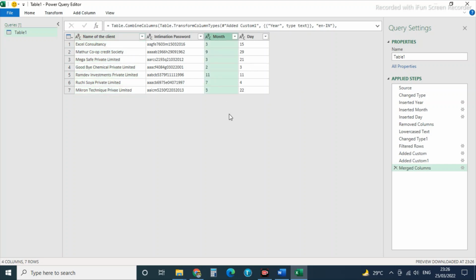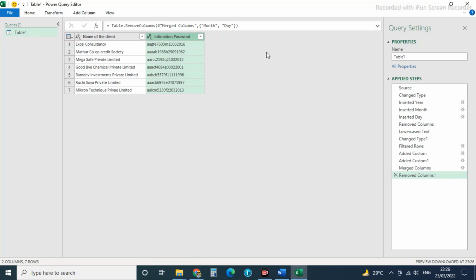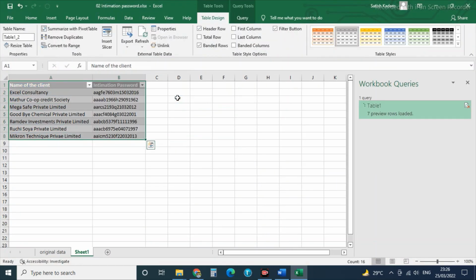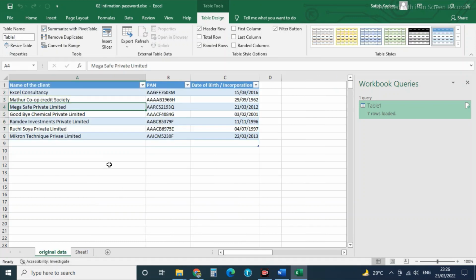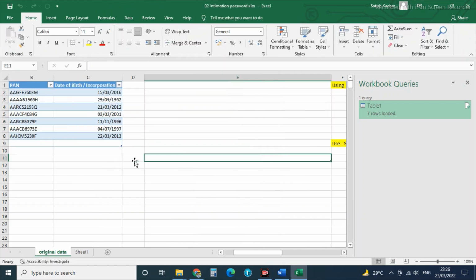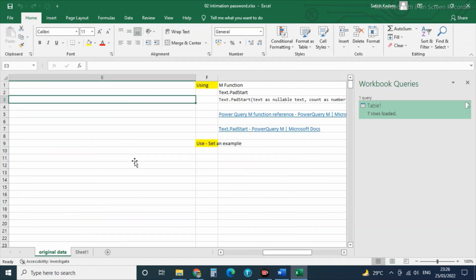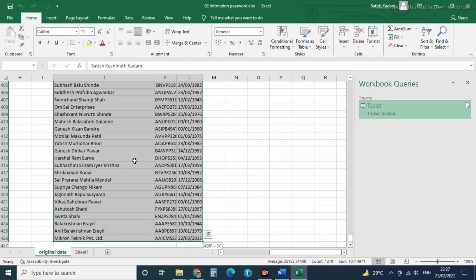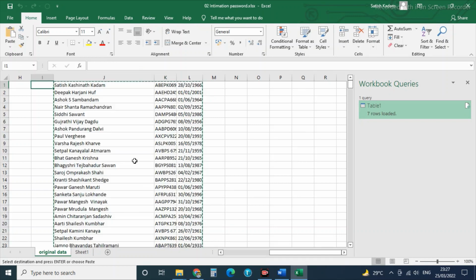I will select these 2 columns and remove the columns. Since my data is ready, I will use file, close and load. 7 rows are loaded. Now if I have this much data with me, I'm just selecting this whole data